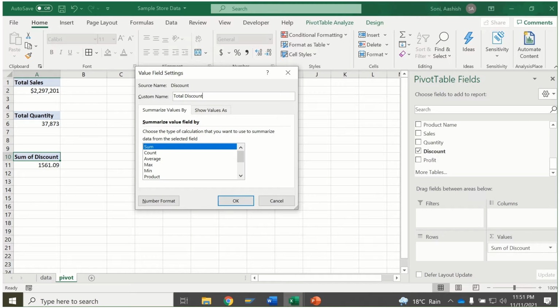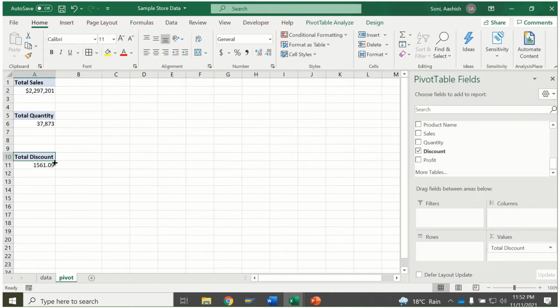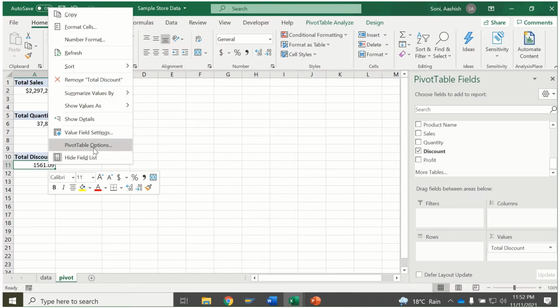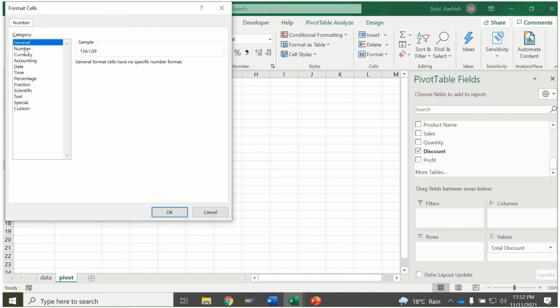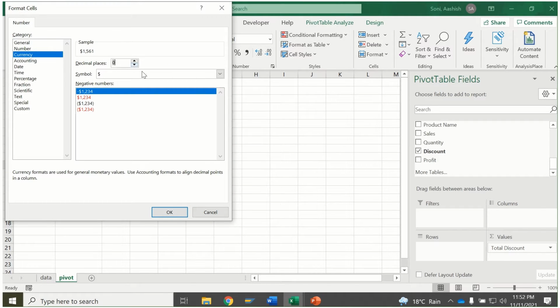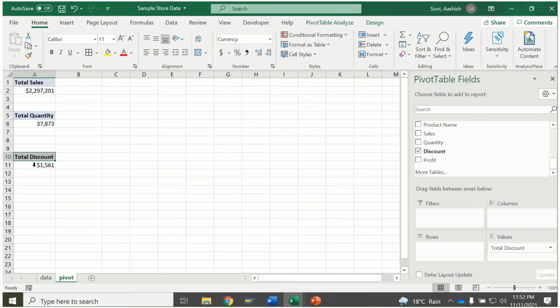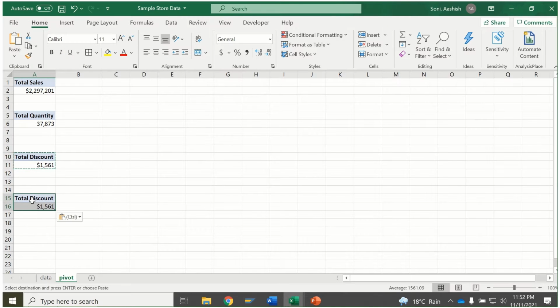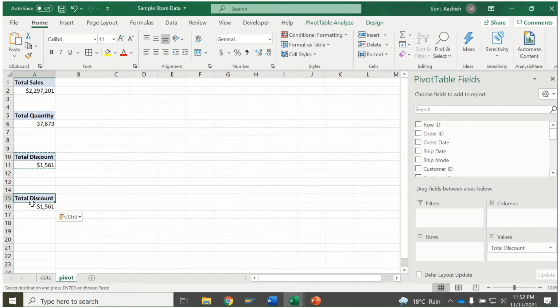Total discount, I'll go number format. Discount is in the currency. I'll click this, I'll say okay, and then again I'll copy paste it. I'll come here and now I will do